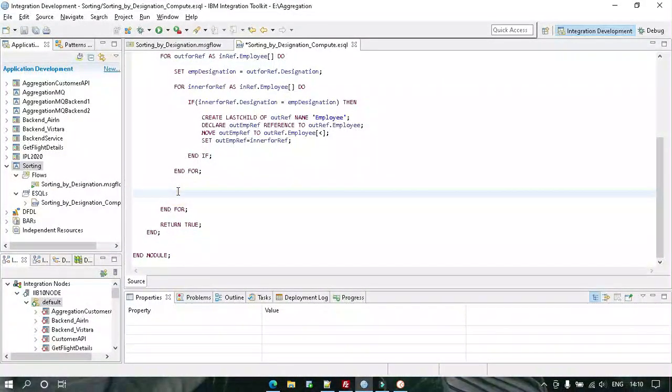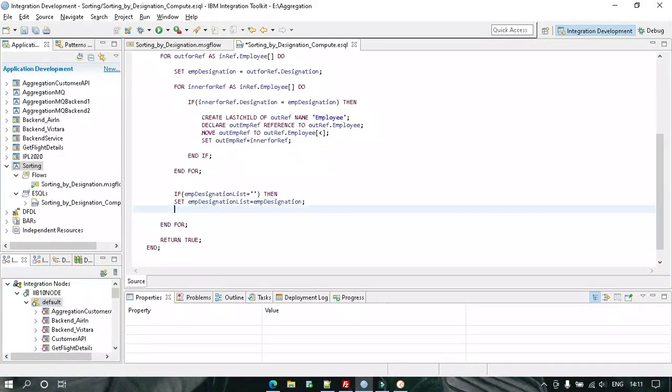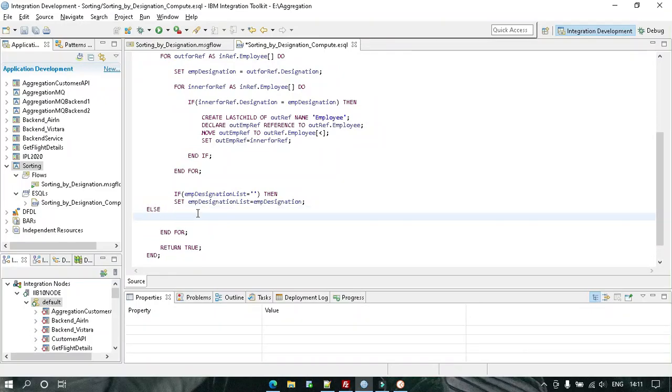So let's put a check: if the employee designation is inside this list, else set, then here we'll concatenate, put a comma, and concatenate with designation. Simple.